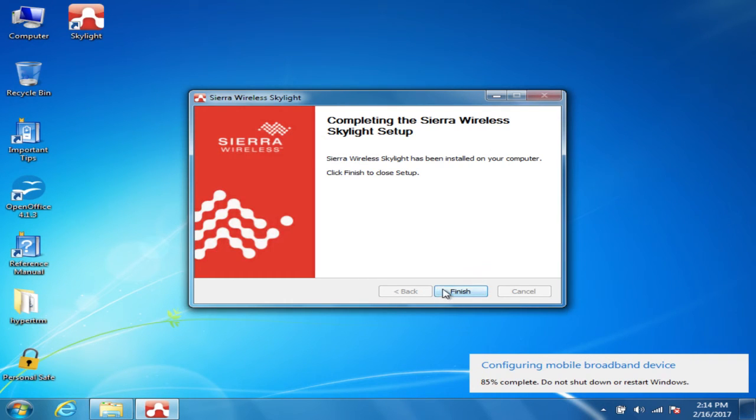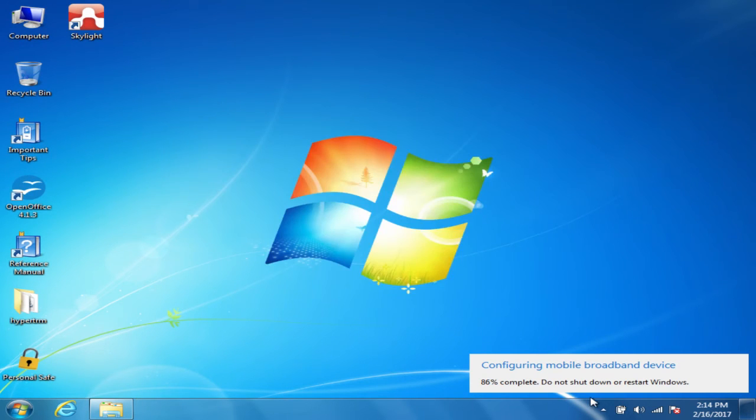Once it's done, click Finish. If you see this window that says configuring mobile broadband device, that's the Skylight software configuring your device. Wait for that to finish. As it says, do not shut down or restart while it's doing this.